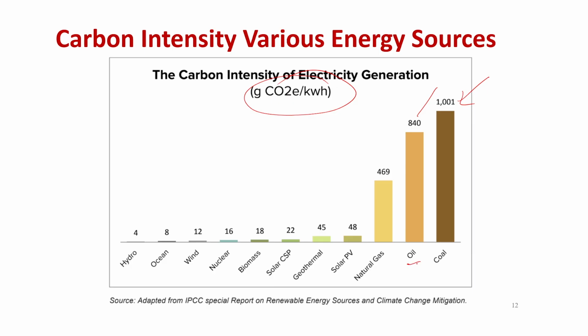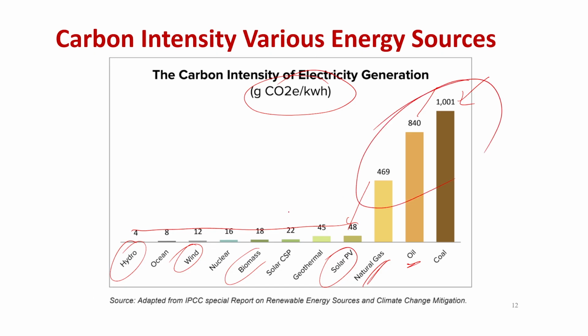Oil is the second dirtiest one, then natural gas, and then any of the current sources which we are talking about a lot these days: solar photovoltaic, wind energy, hydro energy. All of them are much cleaner forms of energy compared to these three major forms of energy which we have consumed over the last 200 years, as we saw that almost 80% of the world depends upon consumption of these three sources as the prime source of energy as of today. It is only recently that we started moving to other, much cleaner sources of energy.